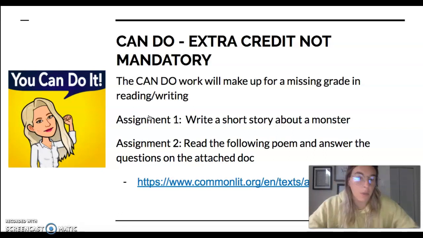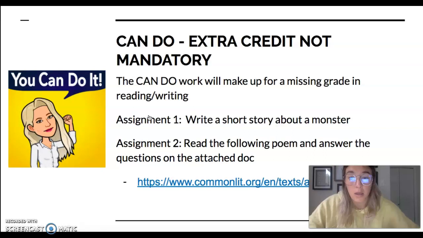You can have a story about a monster who's really sad. You can have a story about a monster who's really cute, right? So write a story about a monster. That is your first assignment. It's going to be included. Sorry, he's crying. It's going to be included in the